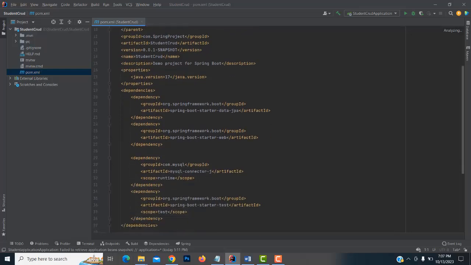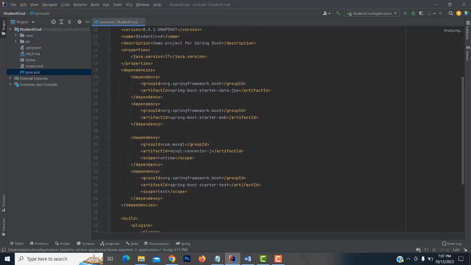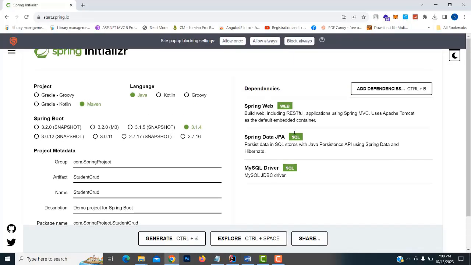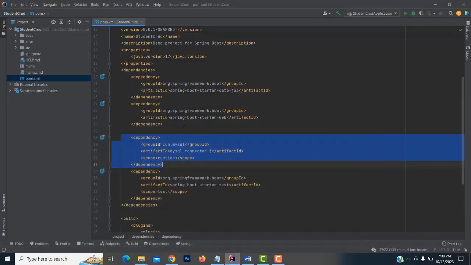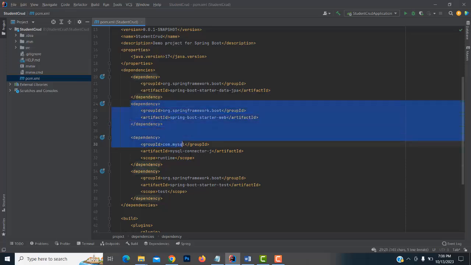these all things I have discussed, right? The dependency here, this is the dependency I gave: JPA, web, and MySQL dependencies. Here, what dependencies you have selected, all of these are available in the pom.xml file, right? If you want to add new dependencies, I already taught how to add new dependencies,